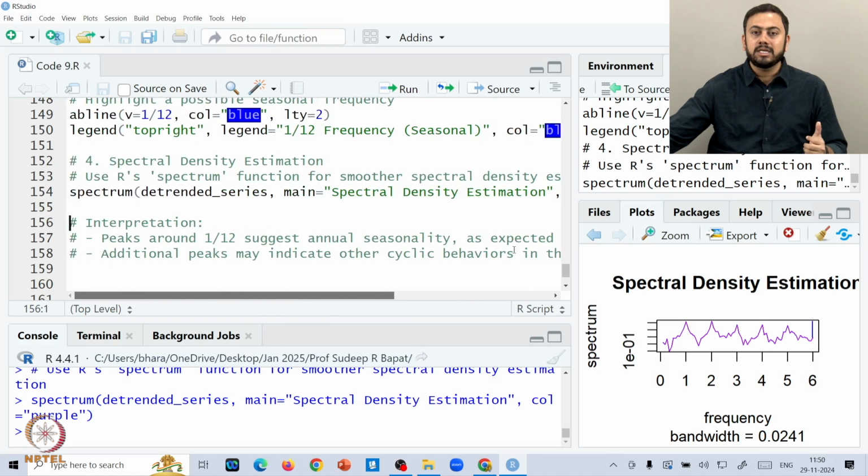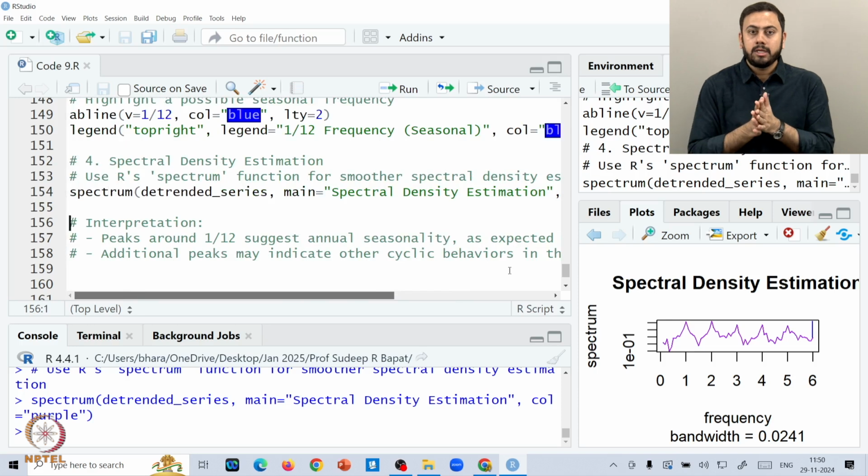All these things would be judged when you try to find the spectral density estimation of any real data set. So I think this was a very short attempt to tie all the theory down with the practical data, where we generated synthetic data initially. The first example contained two sinusoidal components. The second example had one sinusoidal component and one decay rate, and we also worked with a real data set containing the air passengers data. Okay. Thank you.